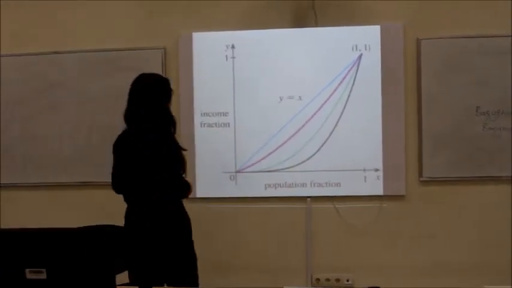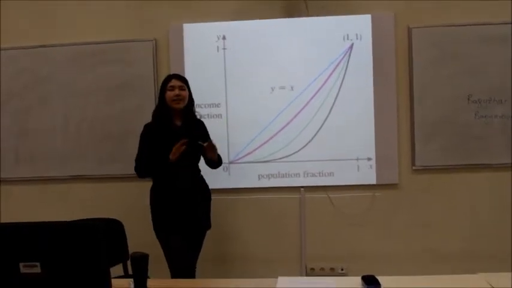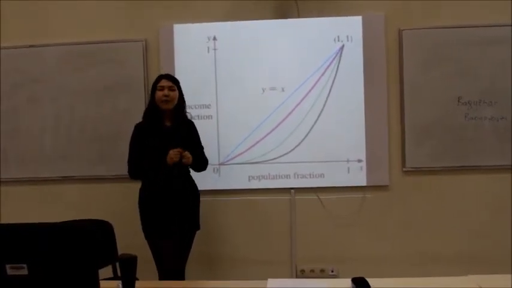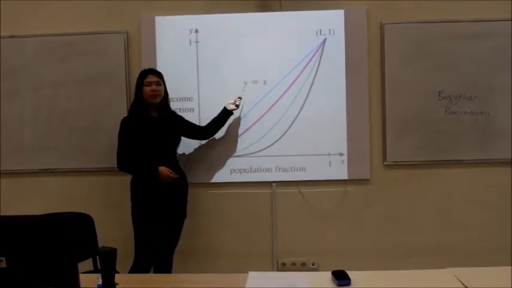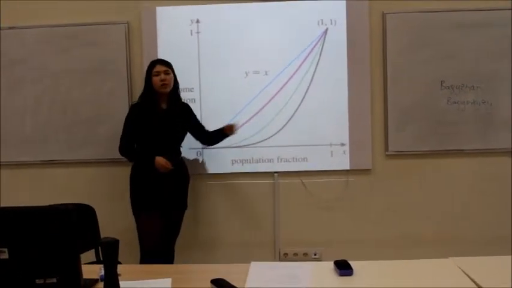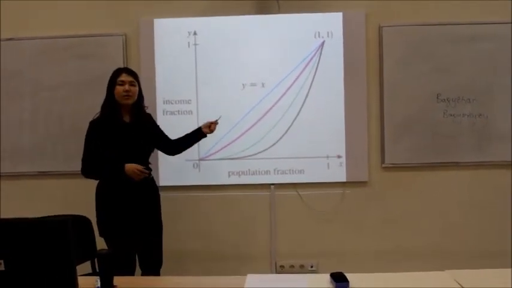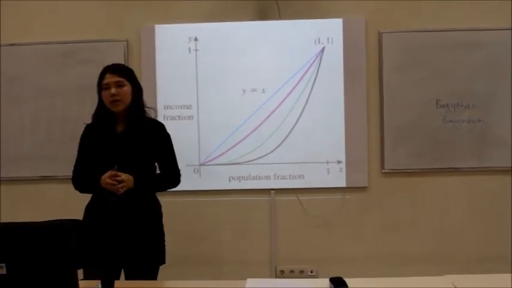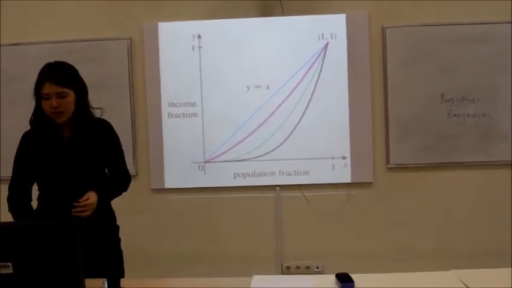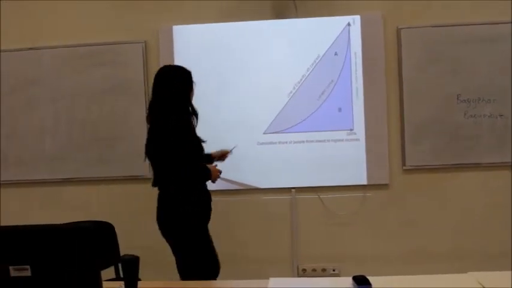As you see, the graph of the function y equals x represents the egalitarian society, where everybody receives the same amount of money. The difference between y equals x and the Lorenz curve shows how this society varies from equality. And in order to calculate the Gini index, let's assign the area between the Lorenz curve and y